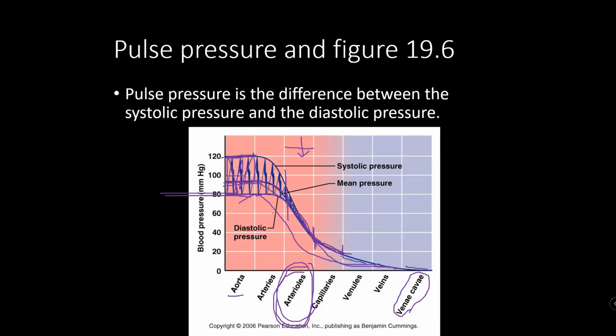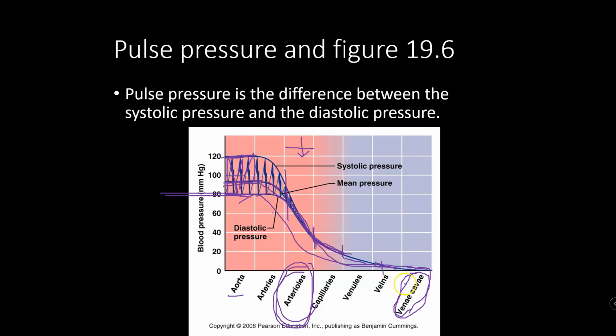That's important. Remember, the capillaries are crazy thin. We don't want the pressure to be high. They would pop. Here's the part that blows people's minds, I think, though. The pressure continues to drop on the vein side. I think that people assume that since the vessels are getting bigger, the pressure must get bigger, but it doesn't. That's not the way it works, because remember, we always go from high pressure to low. So if the pressure were higher in the vena cava, blood wouldn't go from the veins to the vena cava. It would just stop, and then it wouldn't move forward.